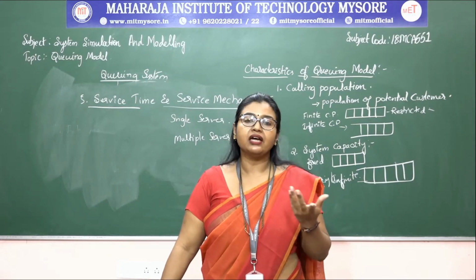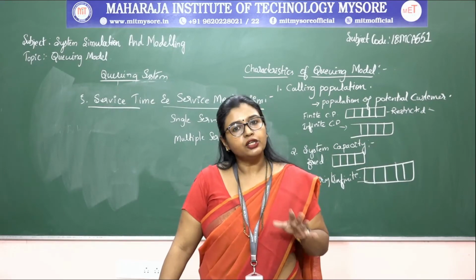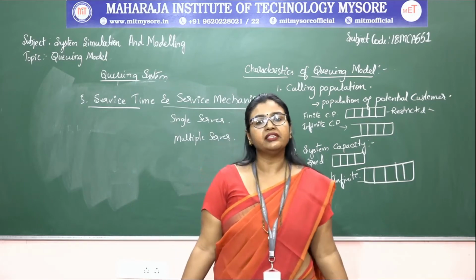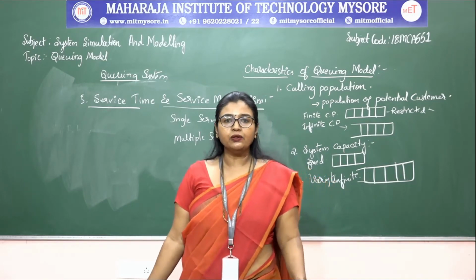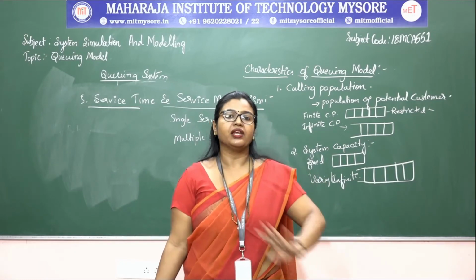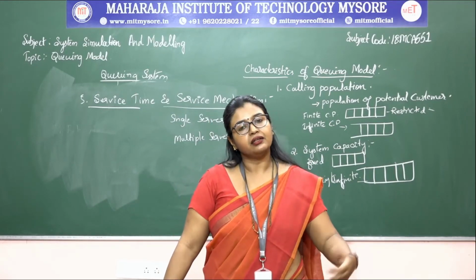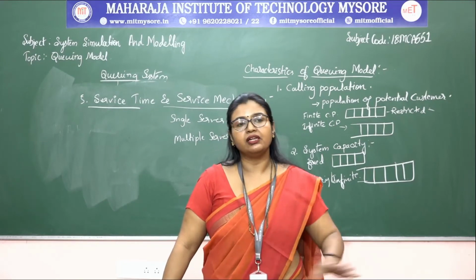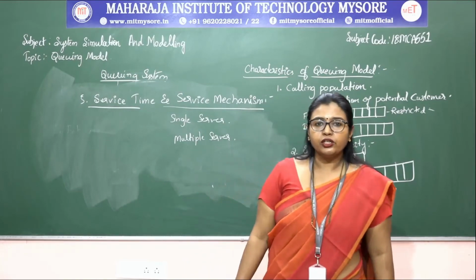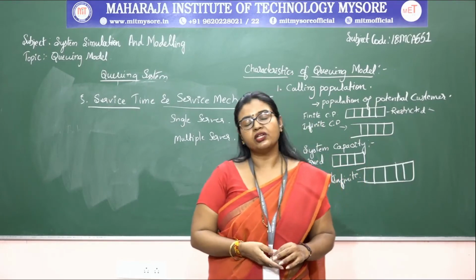In the behavior, we are studying the nature of the customer when they are waiting in the queue. There are three different types of behavior: balk, renege and jockey. Balk is the one who leaves the system whenever he sees that the line is too long. Renege is the one who, being in the line, thinks that the line is going very slowly, and then leaves the system. And jockey is the one who jumps into another line if he thinks his line is going very slowly.